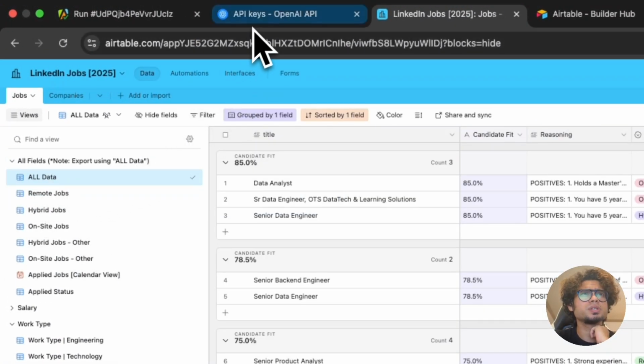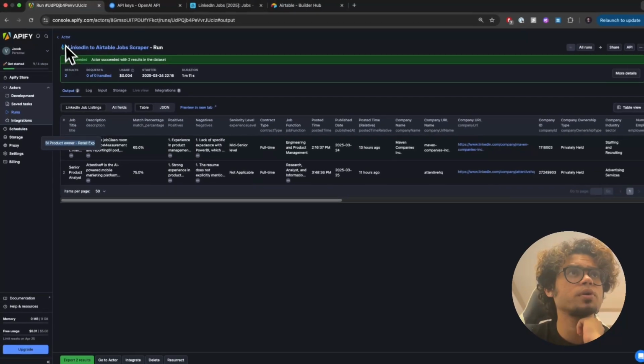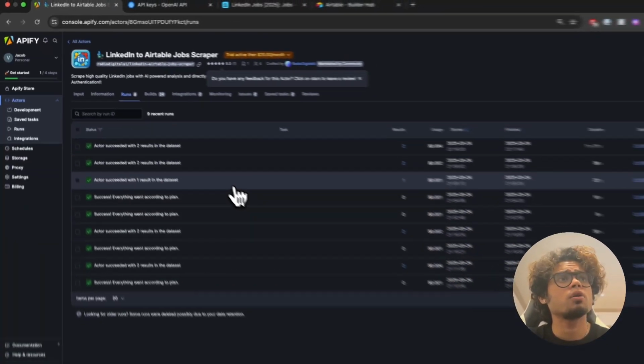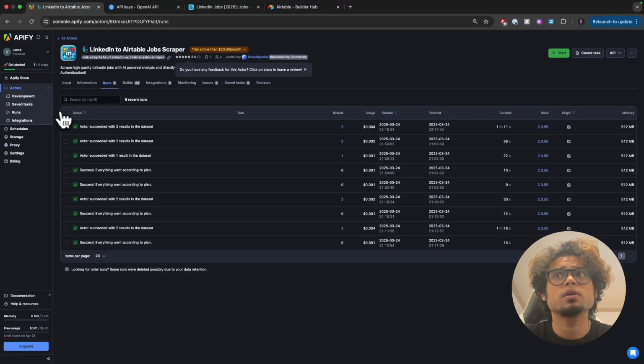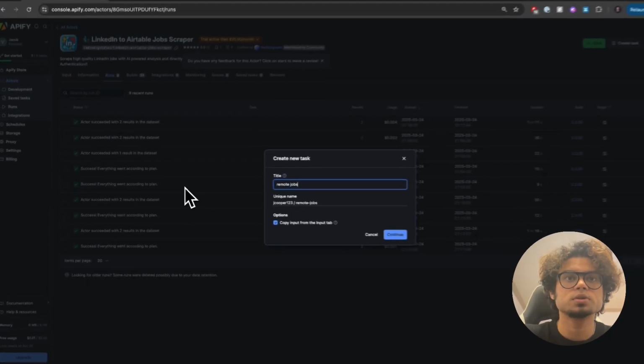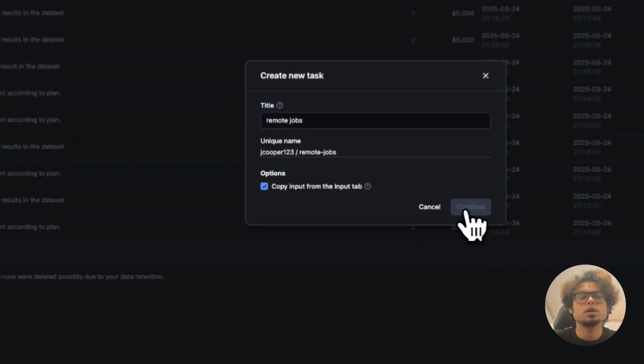And yeah, that's actually pretty much how you build this scraper, and it keeps updating. You can run it on demand, or you can actually create a task. So if you see on the right side over here, you can actually create a task, and you can say, hey, I want just remote jobs, and then you press continue,